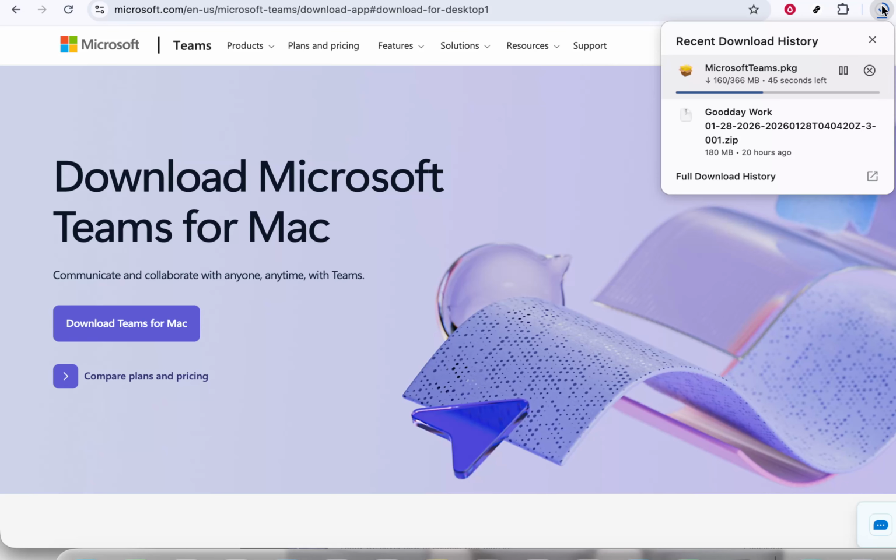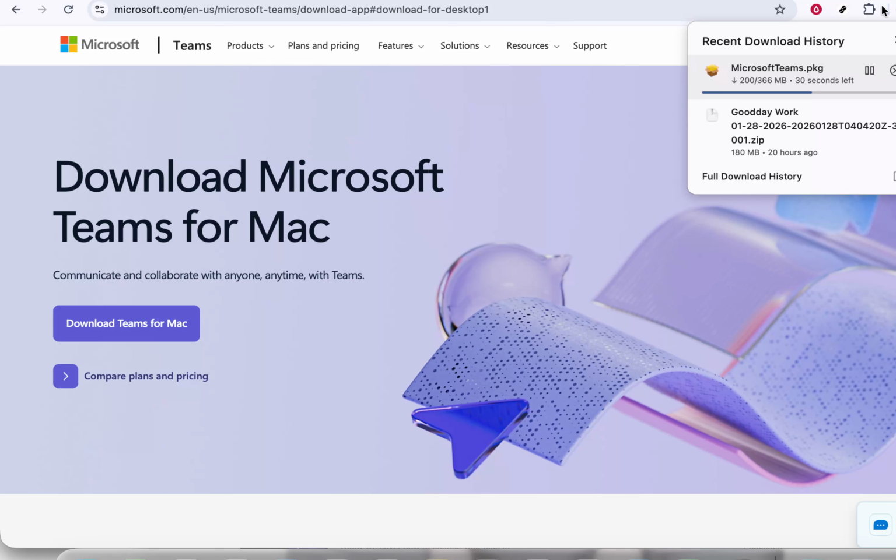Follow the on-screen prompts, which may include confirming permissions and signing in with your work, school, or personal Microsoft account. Just carefully read each prompt and continue until you reach the main Teams interface. And that's it. You've successfully